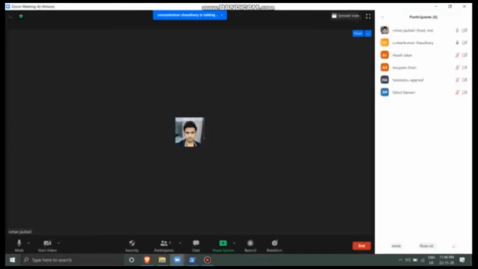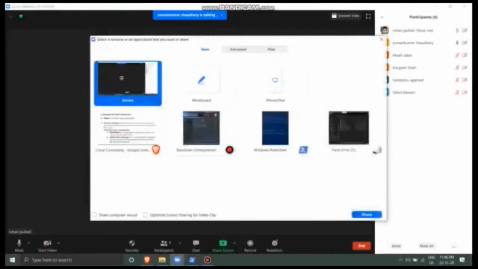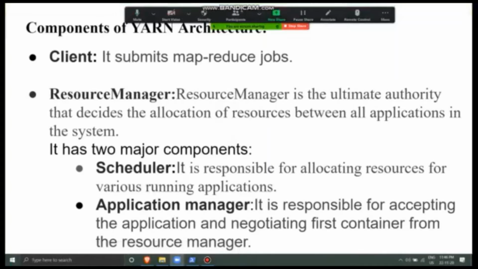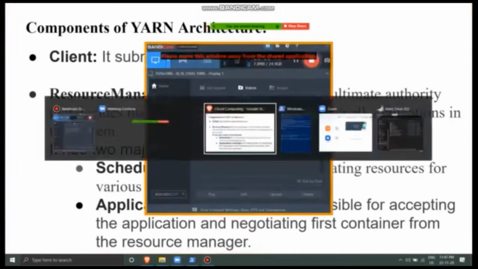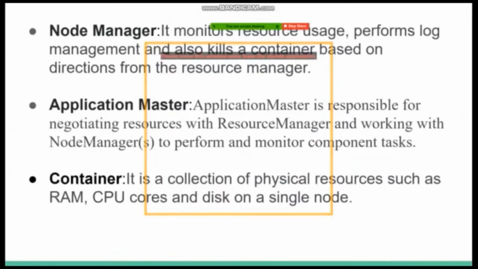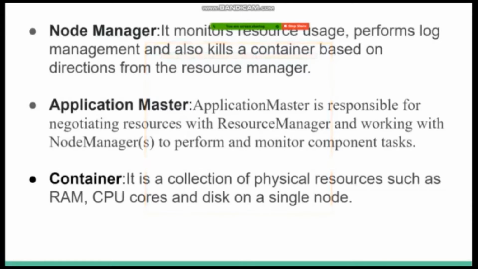It has the responsibility to accept applications submitted by clients and validate resource requirements for the application master. And one of the components of YARN is the node manager, which is useful to monitor resource usage, and the application master is a component of the node manager.